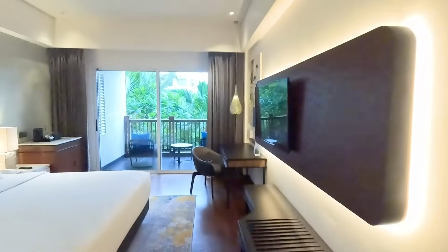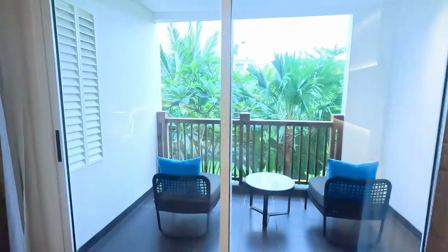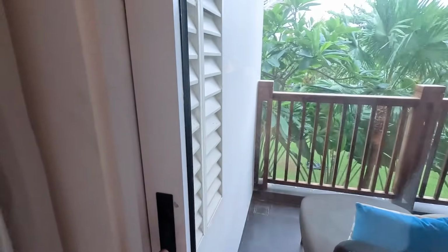Today my stay will be in the deluxe room. I booked the street view room, and as a platinum guest I got an upgrade to garden view. I'm going to show you the deluxe room in a bit, and then the facilities as well. Now inside my room, the deluxe garden view. The first thing I need to show you is the view. It's literally a garden view. I quite like it though, because